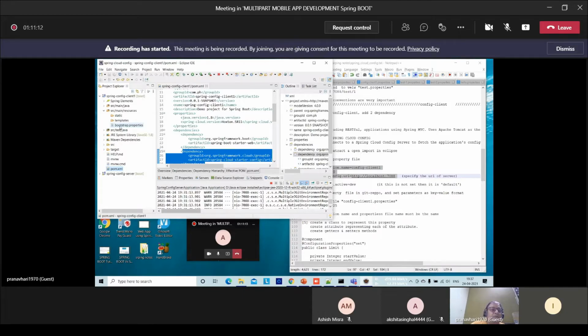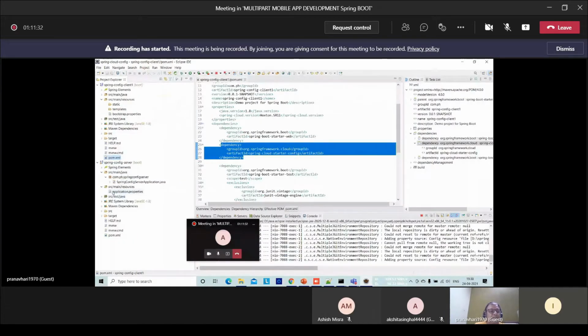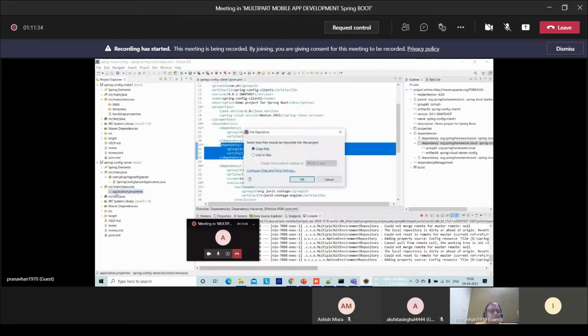Normally, for the configuration file, that is the property file of applications, what is the name? Look here, already there are two applications. What is the name of this file? Application.properties. What is the name of this file? Bootstrap properties.